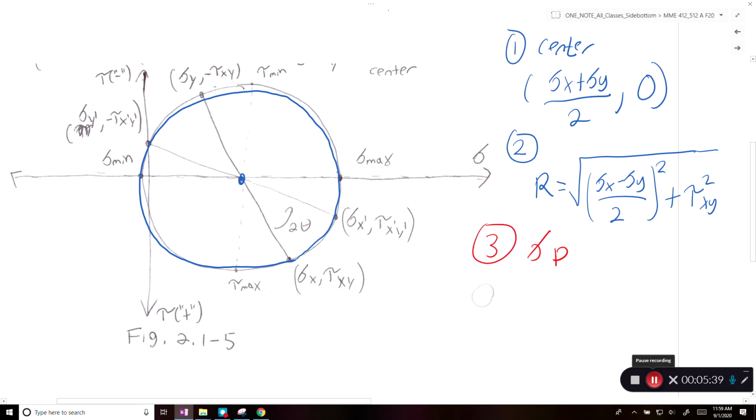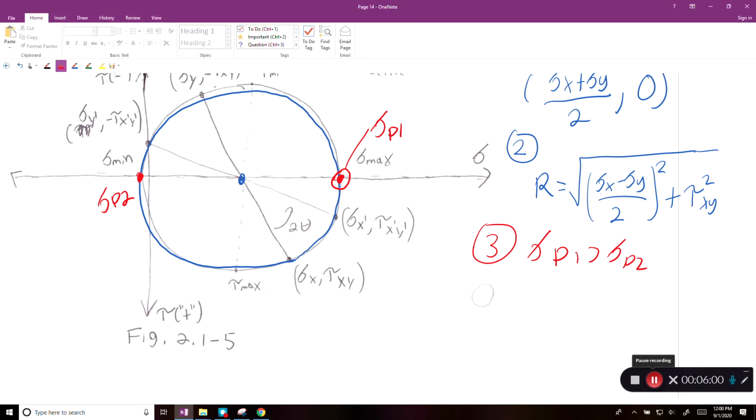All right. So this is where it intercepts the x-axis at these 2 points. Those are our two principal stresses. This is sigma p1 and this is sigma p2. All right, so sigma p1 is going to be greater than sigma p2. All right, and then our fourth step is going to be